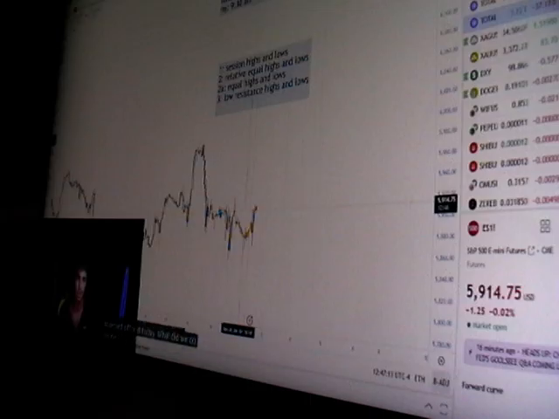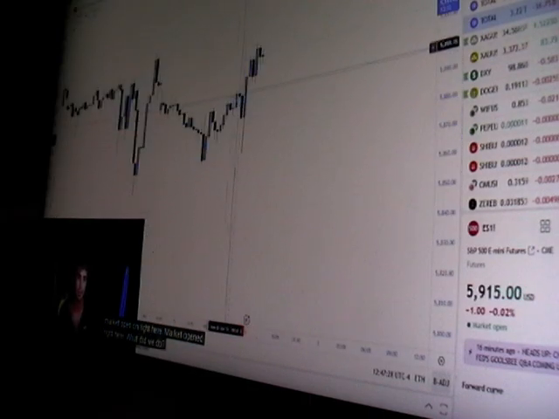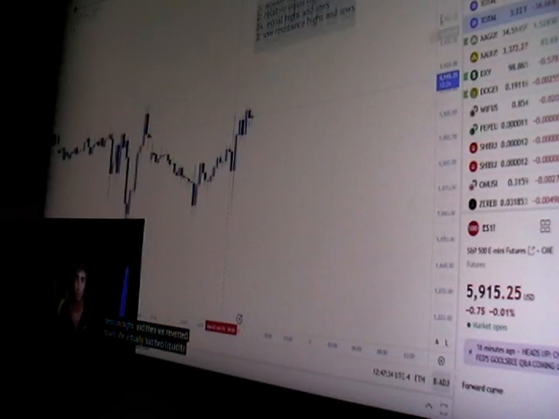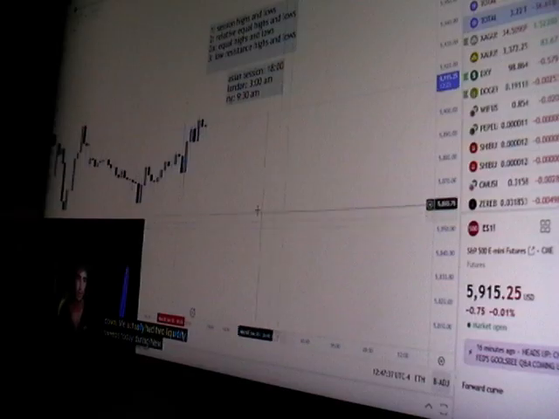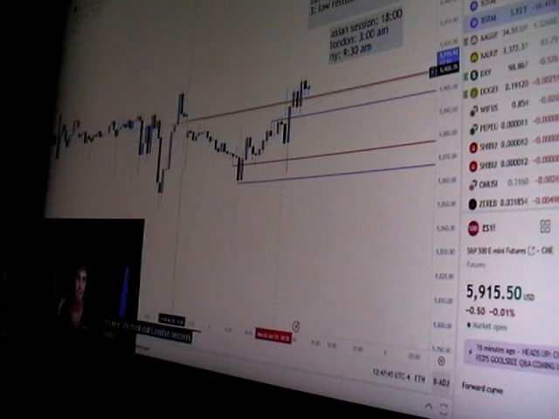Today, what did we do? On the S&P 500, let's go ahead and put market open on right here. Market open right here. What did we do? We moved above London session highs, Asian session highs, and then we reversed down. We actually had two liquidity sweeps today during New York session. We came up and we swept out London session highs. Let's go ahead and put these back on here. We took out London session highs and Asian session highs.